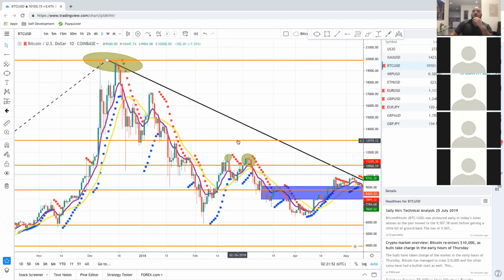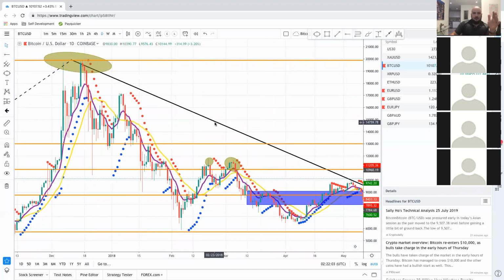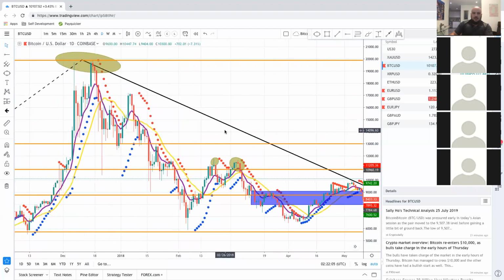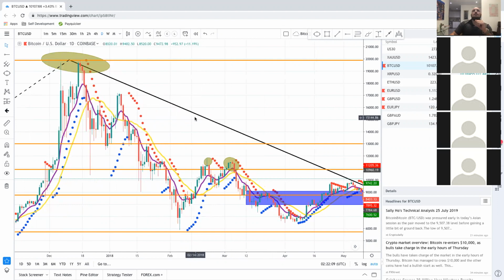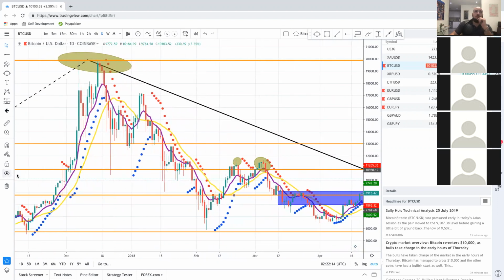Let me show you the crossover strategy. This crossover strategy is going to allow you to trade anything at any time. Any signal that they send you, you're going to double confirm it. I don't get into a trade unless my crossover strategy confirms it. So check this out. Number one,